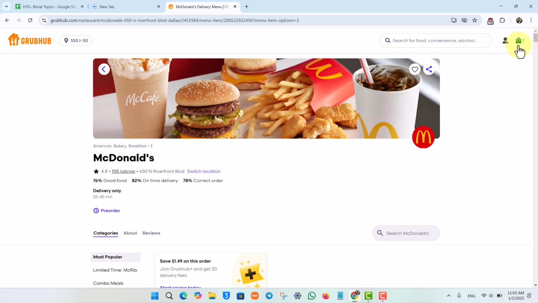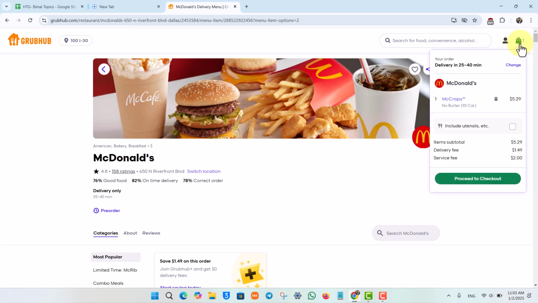So click on the cart icon from the top right hand side for browser users. And if you're on mobile, you'll see the cart icon there as well. Over here you will see your order that will be delivered in around 25 to 40 minutes. Then you can see all the orders that you have. You can include some utensils if you want to. You will see a delivery fee, service fee, and item subtotal where you can proceed to checkout by using this